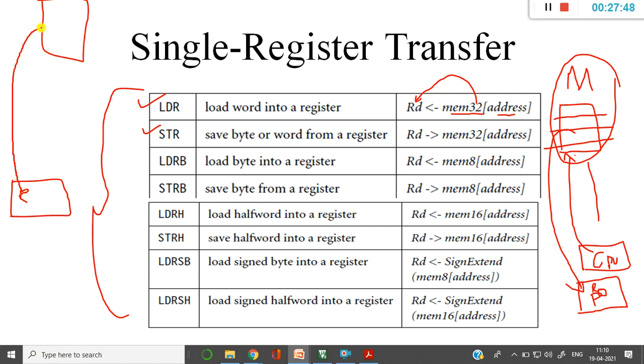If I want to put it in memory, then with respect to the CPU, I will call this process the store process. Okay, don't confuse this, because many times these two instructions confuse students. What is the load process and what is the store process? Some people think that moving from the memory to the register is storing in the register. That is wrong.